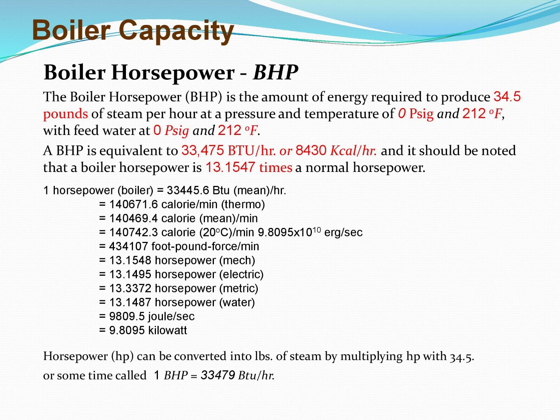Boiler capacity, boiler horsepower, bhp. The boiler horsepower is the amount of energy required to produce 34.5 pounds of steam per hour at a pressure and temperature of 0 psig and 212°F, with feed water at 0 psig and 212°F. A bhp is equivalent to 33,475 BTU/hr, or 8,430 kcal per hour, and it should be noted that a boiler horsepower is 13.1547 times a normal horsepower. 1 boiler horsepower equals